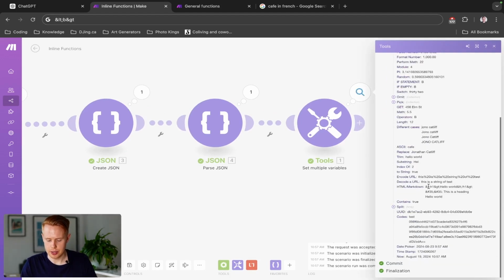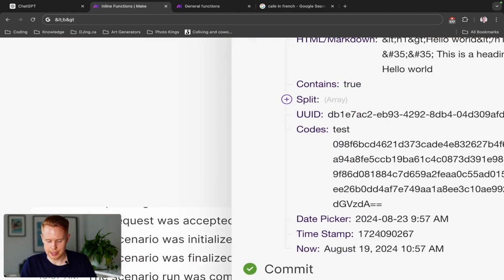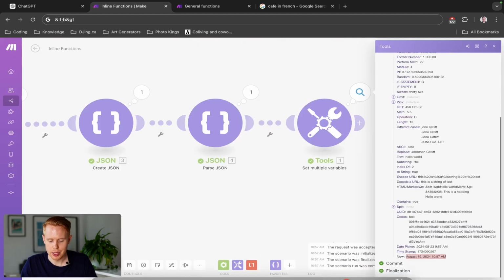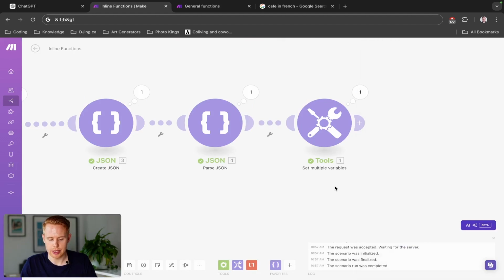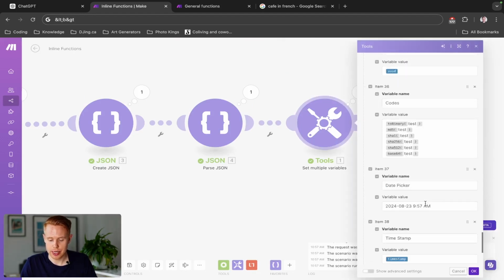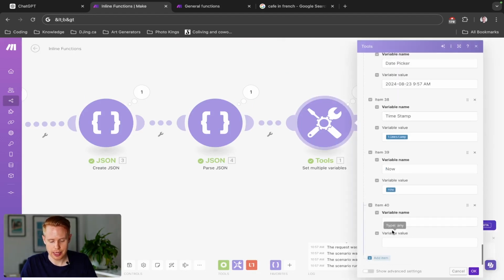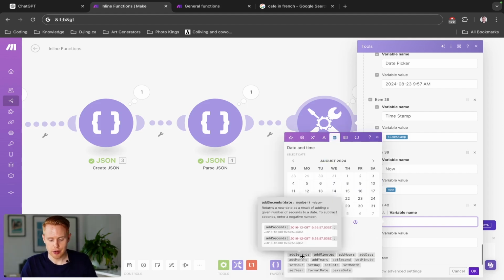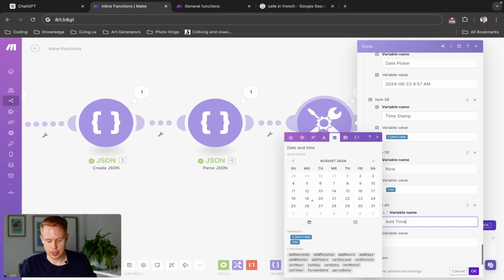So you can see here that between 1970 till now, there's been however many seconds, and then now is August 19th, 2024 at 10:57 a.m. So this is really great. And the reason why now is really, really great is because you can reference that in these inline functions when it comes to date and time. So for example, you can add time or subtract time,